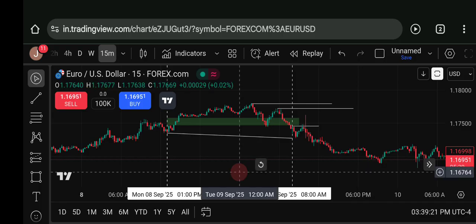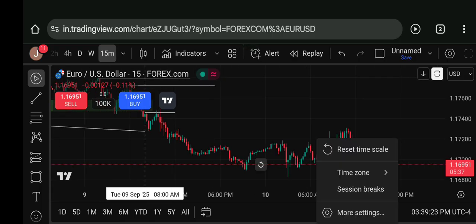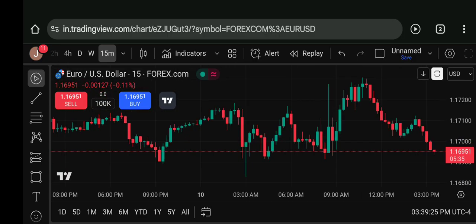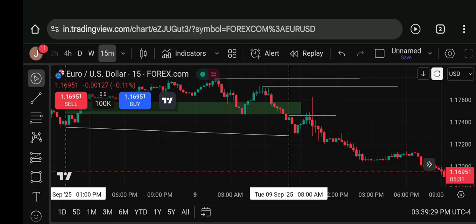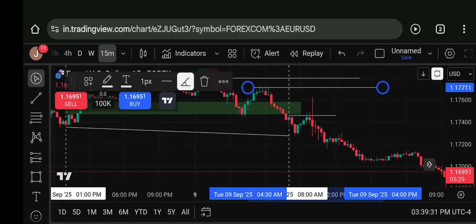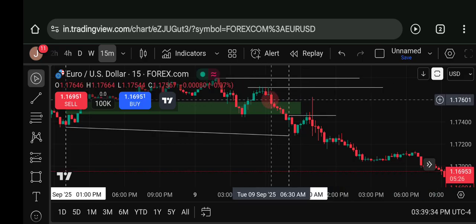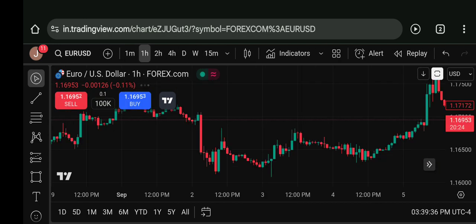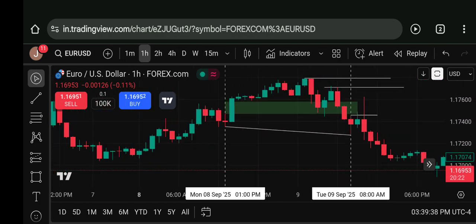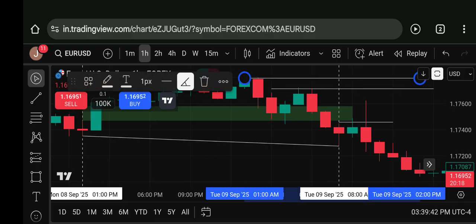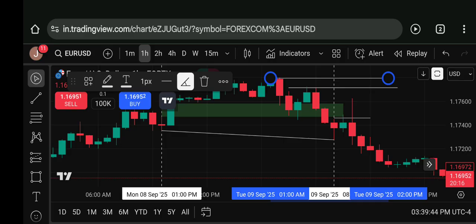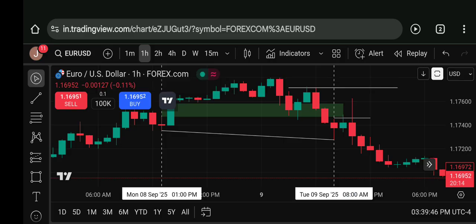So I should have waited for that market structure shift. It was actually here, this red candle was our market structure shift, guys. So this 1 hour red candle was our market structure shift to reach this buy side liquidity,